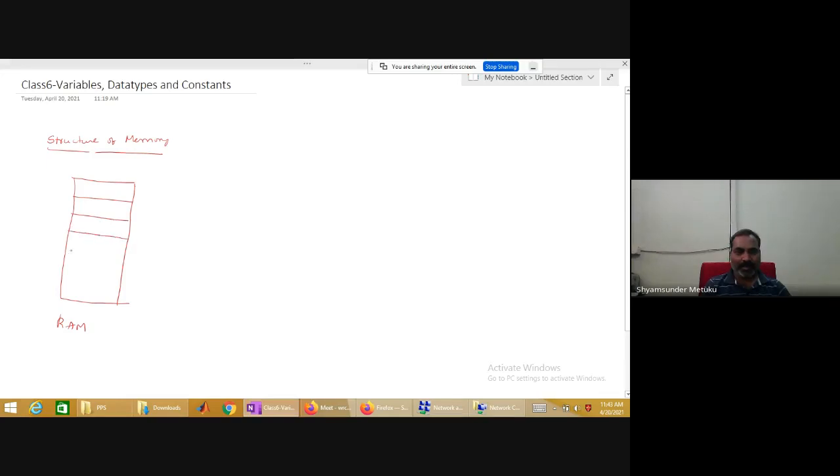Each location is one memory or the minimum size that we represent. Can anybody tell how many locations I have made here? 1, 2, 3, 4, 5, 6 total. Let me take at least 8 locations so that it looks good. Okay, let me have 8 locations now.